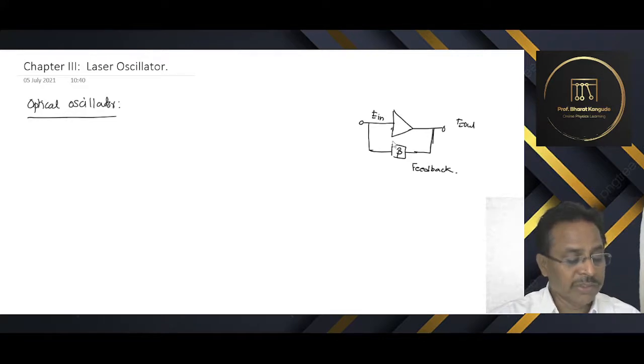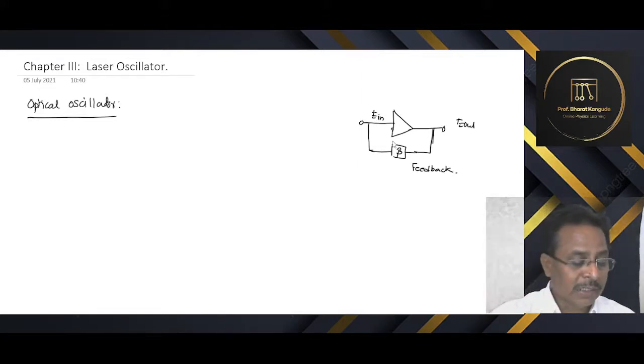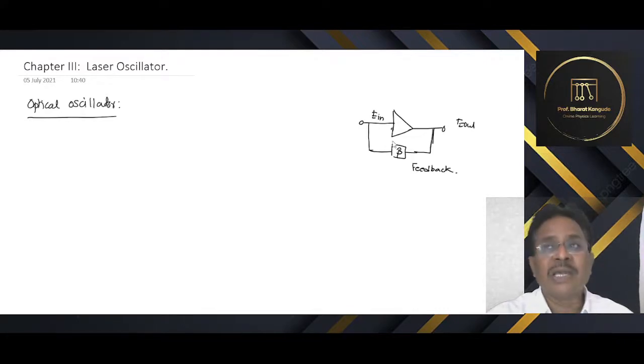In the case of low frequency electronic oscillations, that means if the frequency of the oscillator is very low, the feedback may be given using electronic wires, as shown in this case. However, at high frequencies, waves cannot be confined in wires, and hence a different kind of feedback mechanism has to be used, called a cavity, which is not shown here. At microwave frequencies, for example, cavities are used.